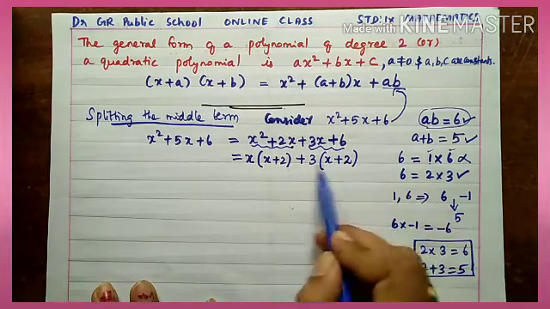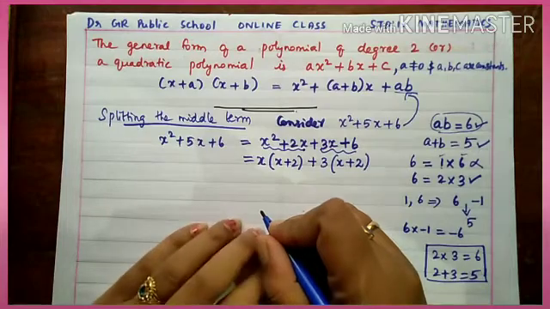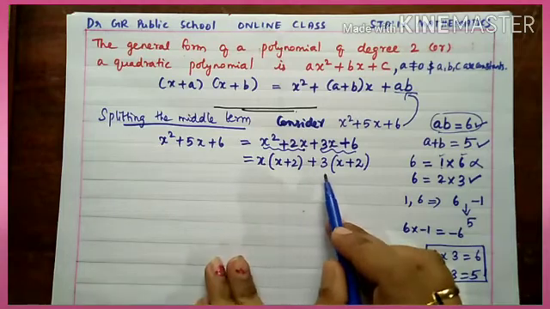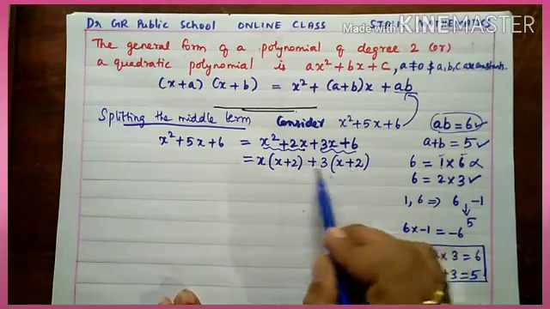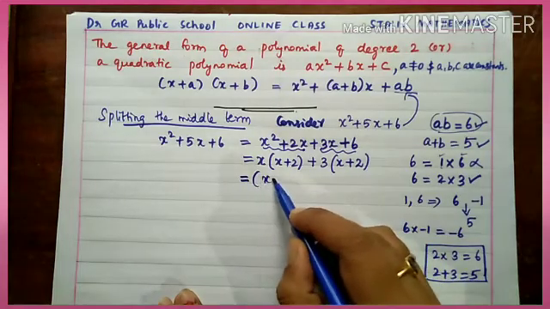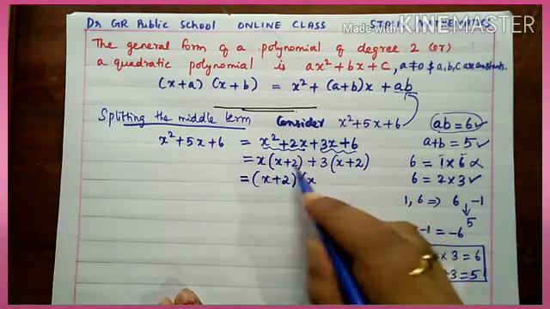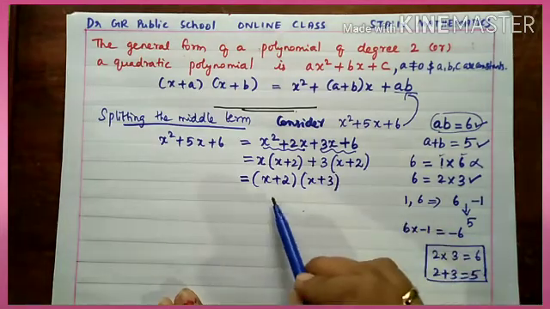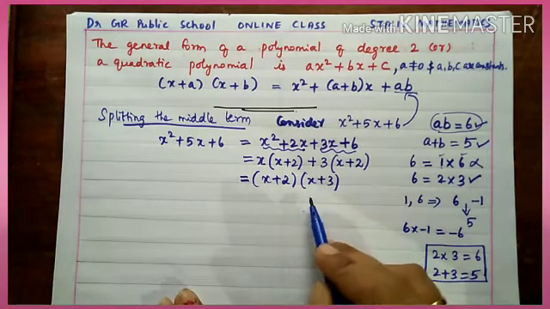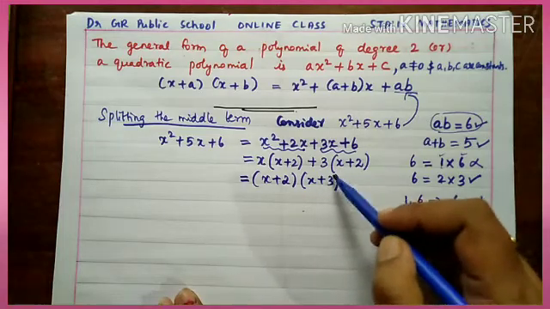Now you see the two brackets came alike. When you regroup the terms, this condition will come. So when you regroup the terms, we got x into x plus 2 plus 3 into x plus 2. Now you see the first and second brackets came same, so you can take x plus 2 common. So that is equal to x plus 2 we took common, and the remaining terms are x here and here plus 3. Now you see, these are the irreducible factors of the given polynomial, x plus 2 into x plus 3. Understand?